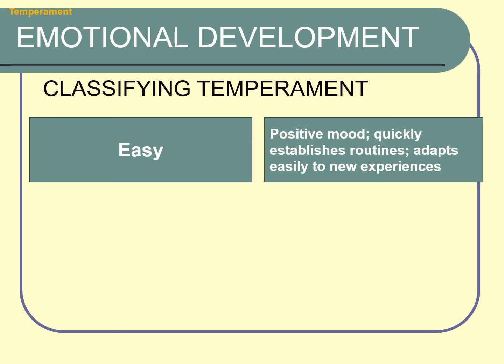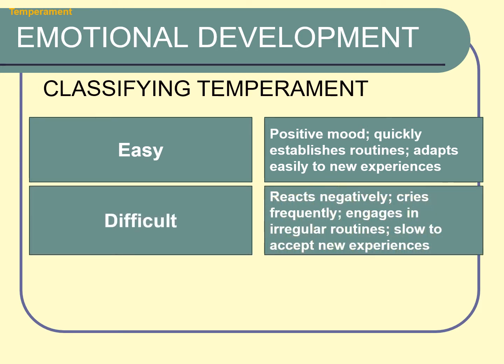The easy child will display mild emotional intensity. They are accepting of new experiences, but will be circumspect in approaching and responding to novel stimuli. They will be regular in their habits: sleeping, eating, bowel movements. Now, the difficult, and this is an unfortunate label, the difficult child is often emotionally intense. Everything is a crisis. They are inconsistent, irregular in their habits, and unreceptive, sometimes aggressively so, of new experiences.